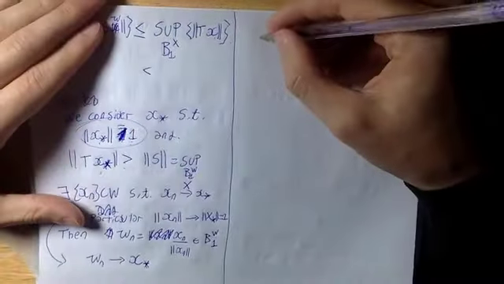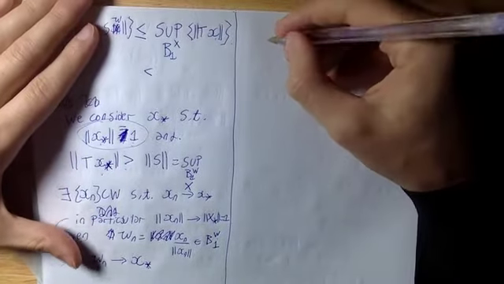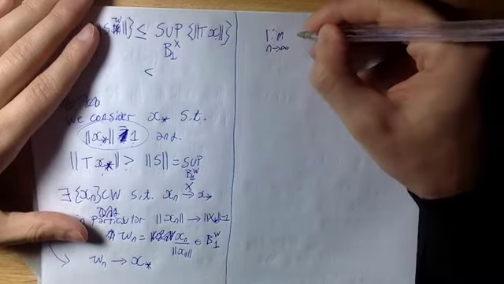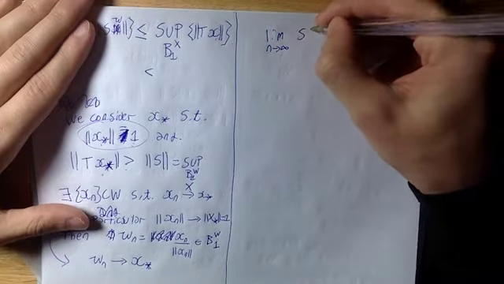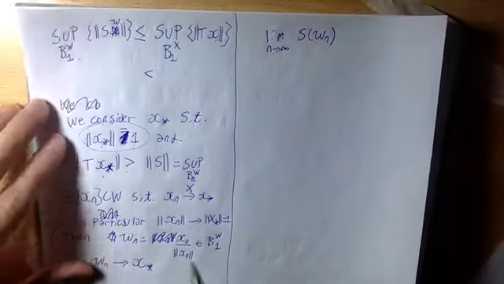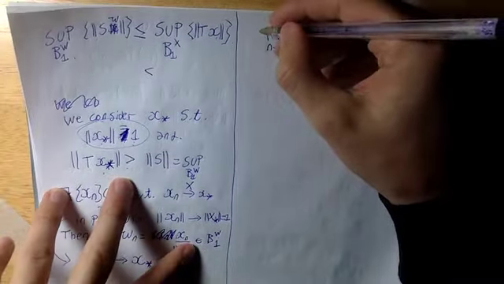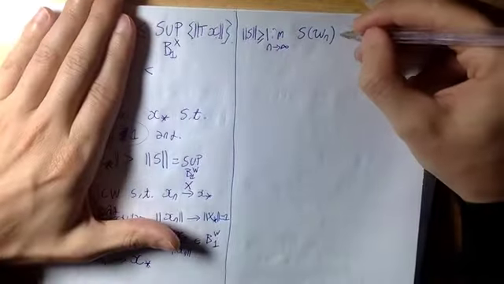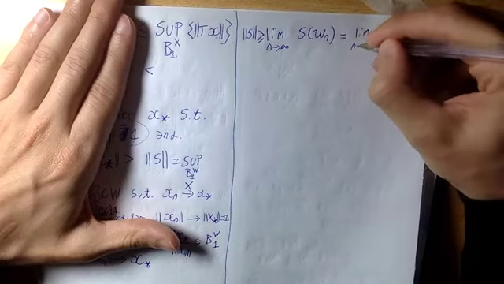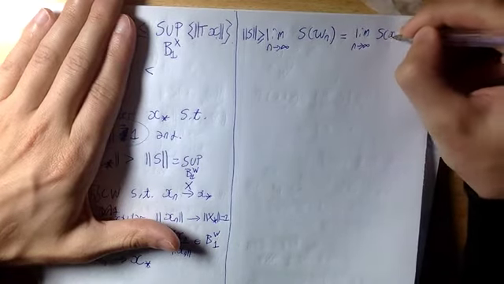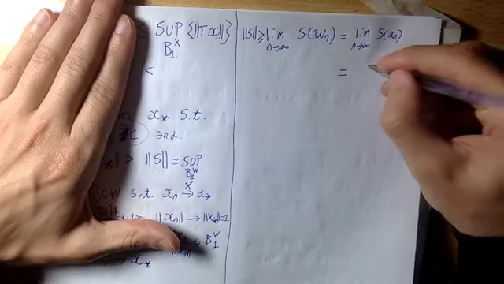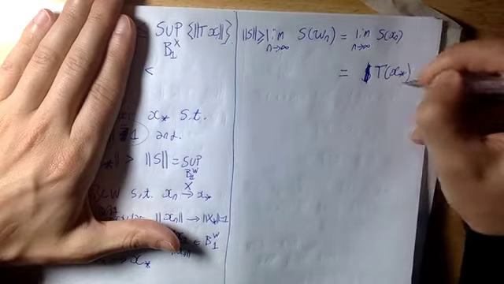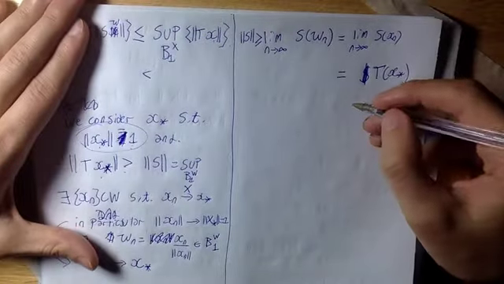But in particular, by what we have shown before, the limit when n goes to infinity of the norm of S of omega_n, which is less or equal than the norm of S, is equal to the limit when n goes to infinity of S of x_n, which is just equal to T of x star,